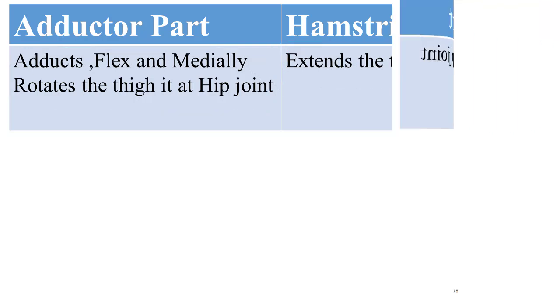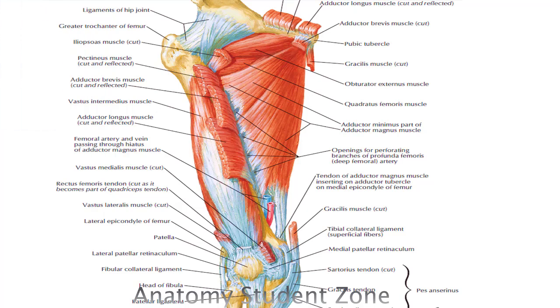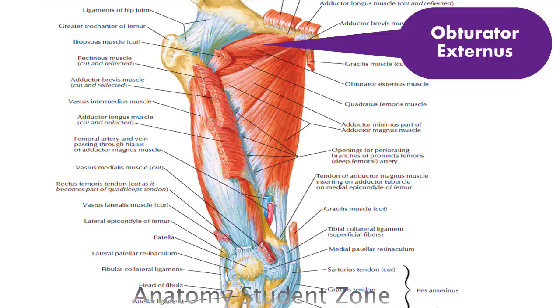So moving towards another deepest muscle of adductor group, that is obturator externus. You should know it is a small muscle, it is flat muscle, fan shape like, and it is deeply placed in the superior and the medial part of thigh. This muscle is having this name because it is taking origin from the external surface of obturator membrane and the surrounding bone of a pelvis.